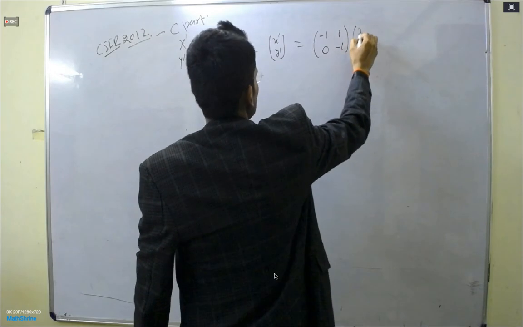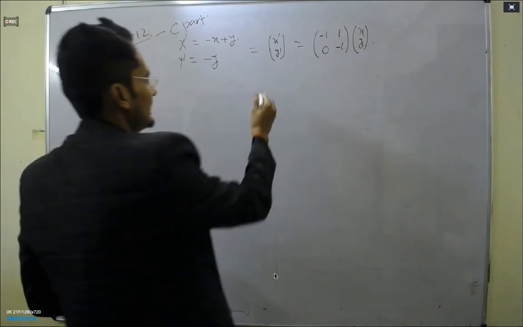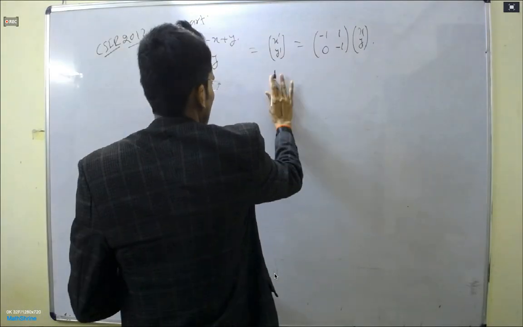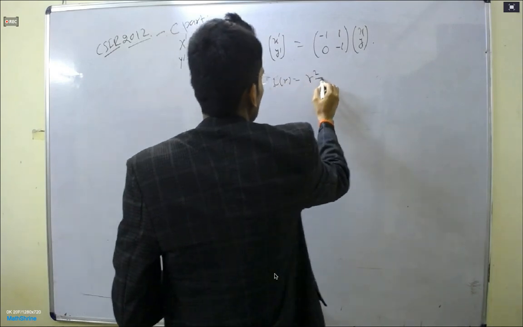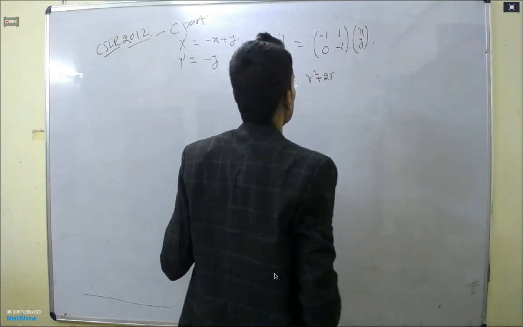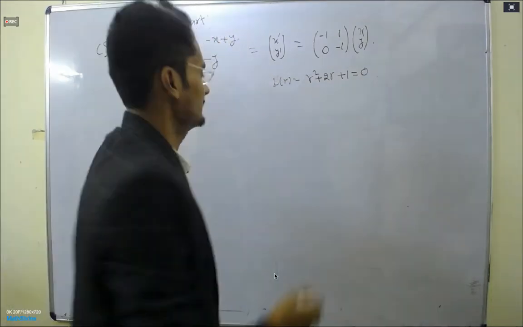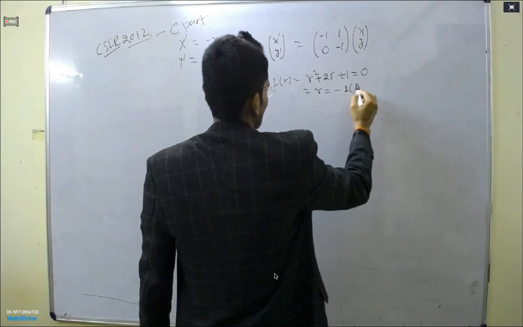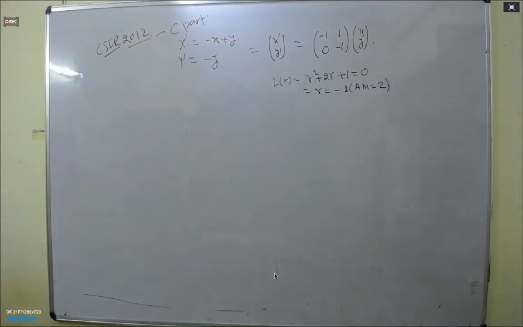If GM is 2, hey, then we are so happy, right? If GM is not 2, then we have to find out one more eigenvector. If GM is 2, then we are happy. There is some symbol of happiness. If GM is 1, then we have to find out one modified eigenvector.